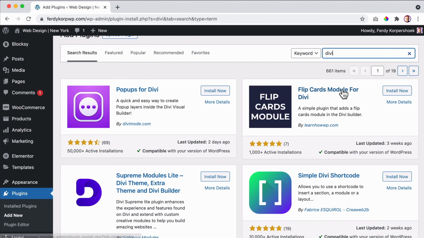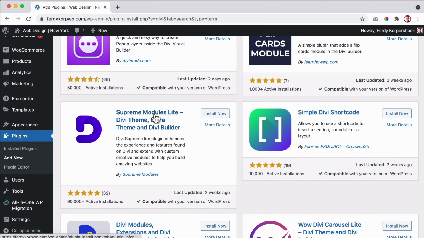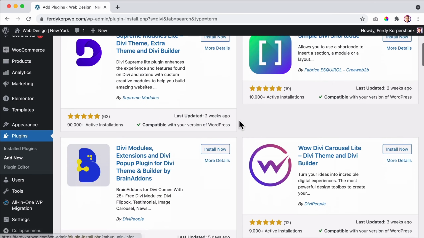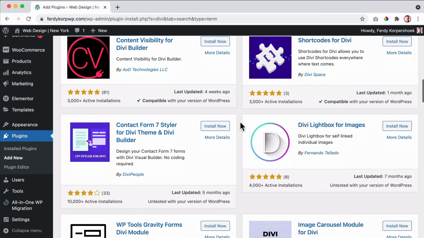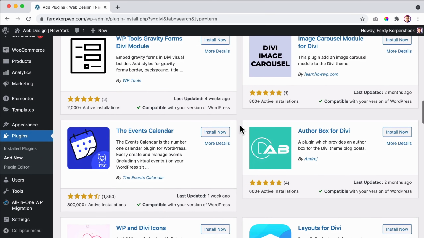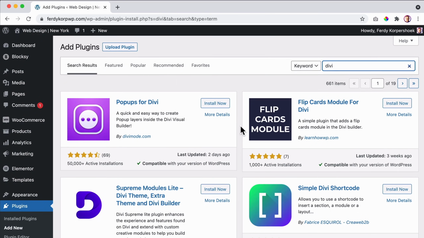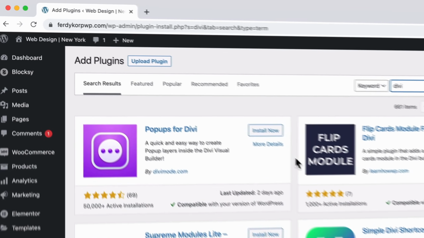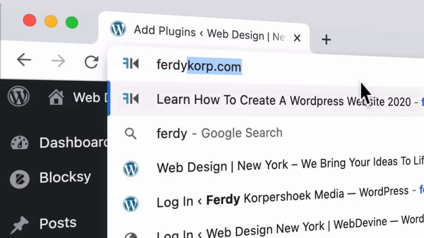Popups for Divi, flipcards module for Divi, Supreme modules, simple Divi shortcodes. So also here, a lot of additions to Divi. And if I could choose only one source for both parties, it would definitely be Ferdy Corp